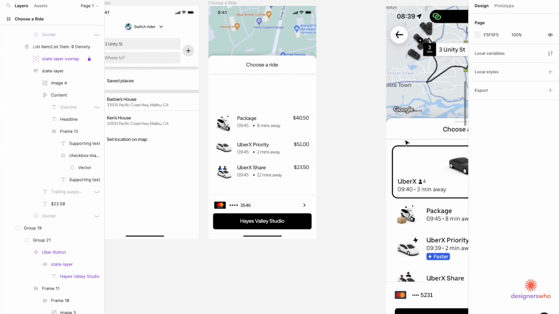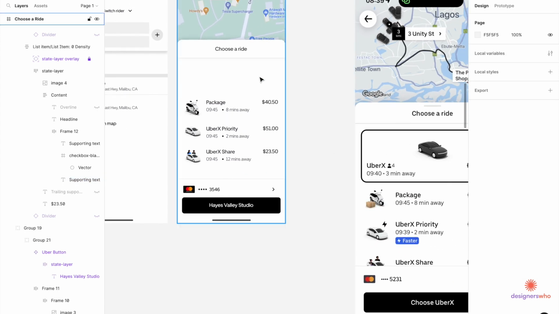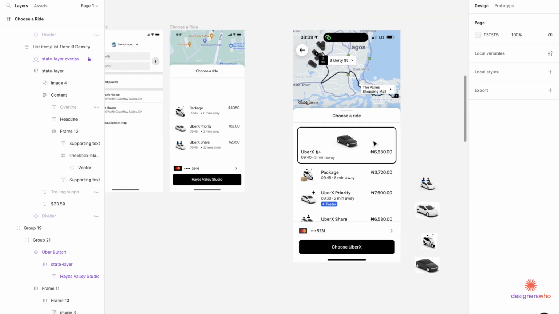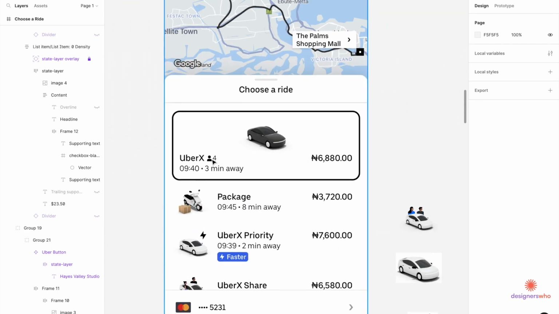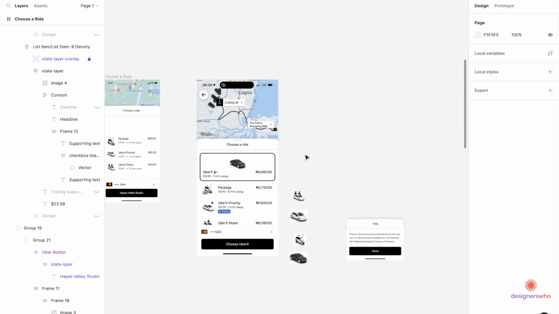And like a share ride. So yeah, next thing we have to design our UberX. So this would be pretty simple. You can see that it's basically just an auto layout. The 3 columns, only that the car is in the middle and it has a black border around it. So I'm going to start with